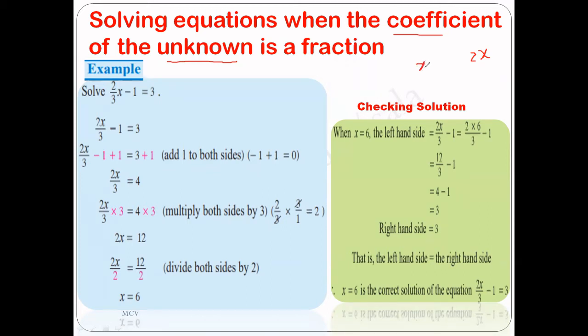If we write this way, then what is the coefficient of this one? In this one, 1 is there. X means 1x, no? X means 1x. So here the coefficient is this part. That means 1 over 2. Coefficient is 1 over 2.